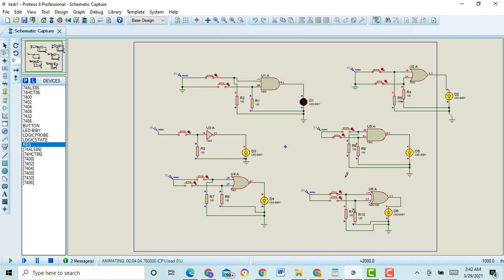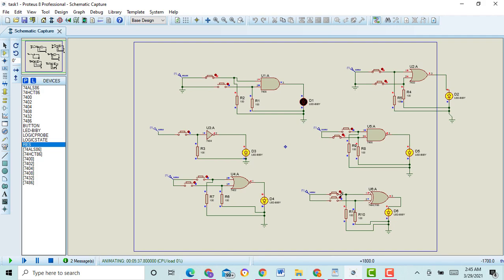And at the end I will explain in front of you the XOR gate circuit. When we give both inputs 0 to the XOR gate, then the output will be 0. And here you can see when we give 1 1, the output will be 0. It means when we give the same input to the XOR gate, then the output will be 0, and when we give two different inputs to the XOR gate, then the output will be 1.